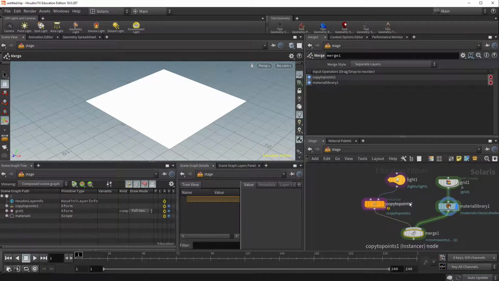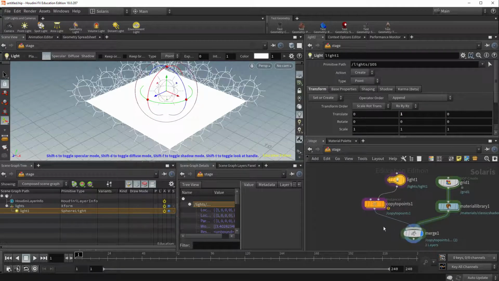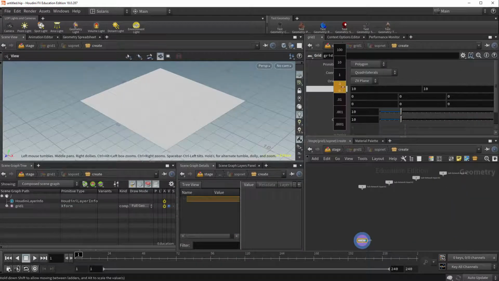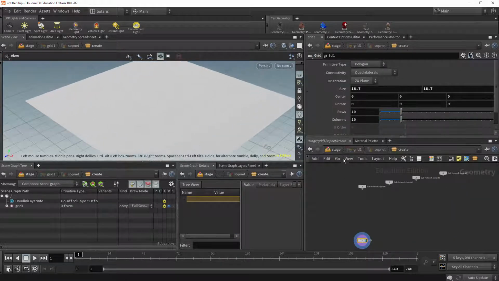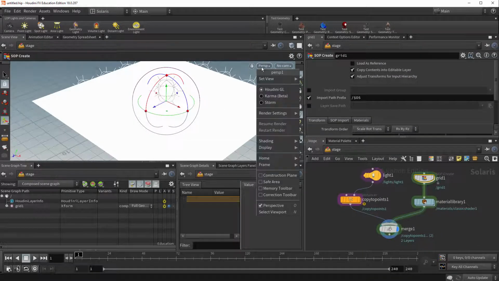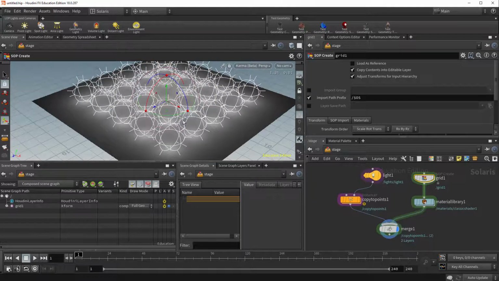And let's also move the lights up. We can either move the source points or we can move the light itself. I'm going to move the lights themselves. And so now they're above, and we have our lights on top of our grid. Let's make our grid a little bit bigger. And go back up. You can see if we turn this to Karma Beta, we now have lights illuminating our